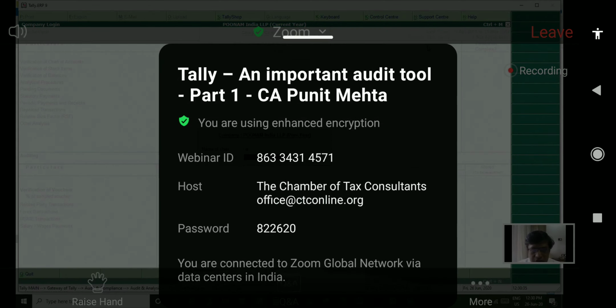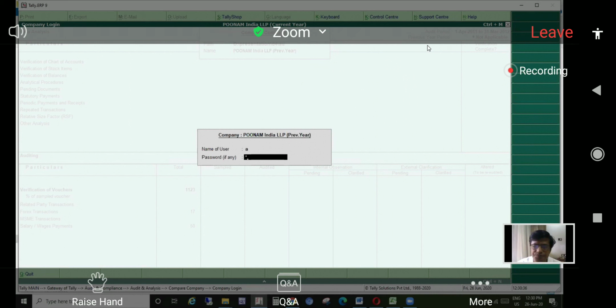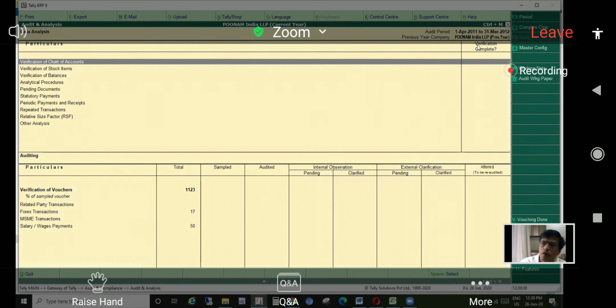I will give username and password. Now there are two companies loaded: Poonam India LLP current year and previous year company Poonam India previous year. So we will start using this audit tool.